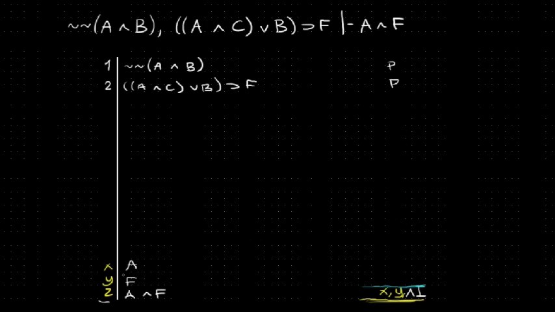Well, look, we want to derive an F, and up here we've got F as the consequent of a conditional statement, A and C, or B, then F. So if we could get A and C or B, then we could derive F, which is what we want. So it looks like we're going to have a conditional elimination, and that's going to be from line 2,